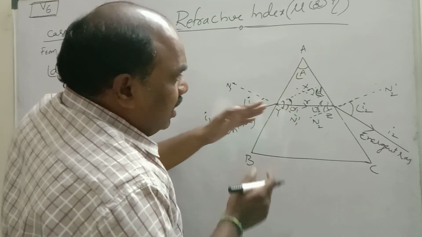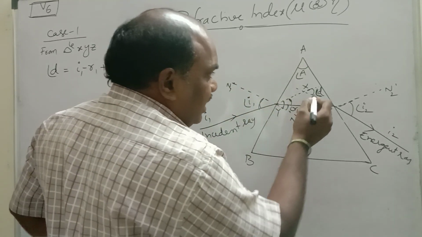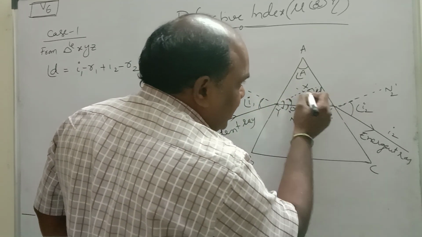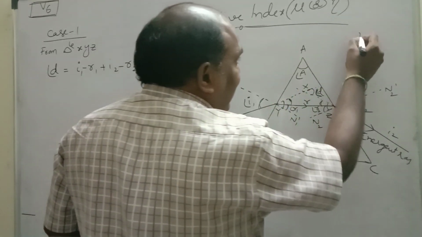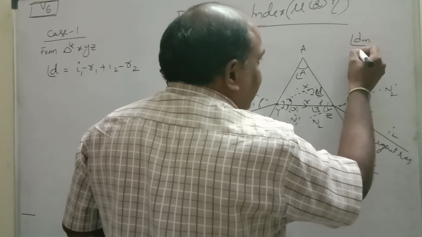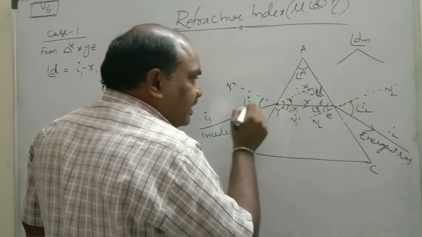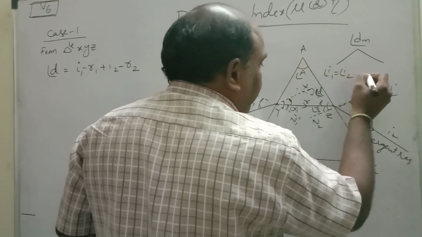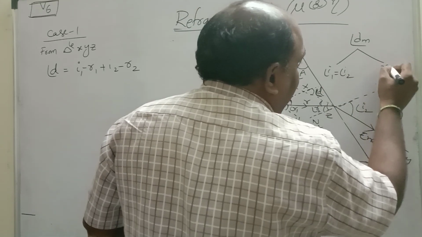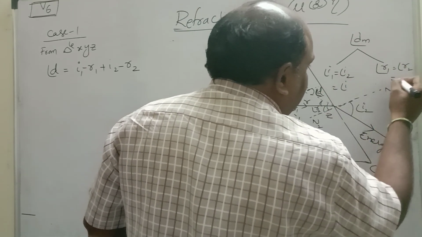Here remember, children, if you focus laser light and the angle of incidence decreases, the angle between the incident ray and emergent ray decreases. Gradually angle D also decreases. Whenever angle D decreases to its minimum, two conditions you can observe: the incident angle and emergent angle will be equal, and the internal angles will be equal. Angle R1 will be equal to angle R2. Let it be angle I, let it be angle R.